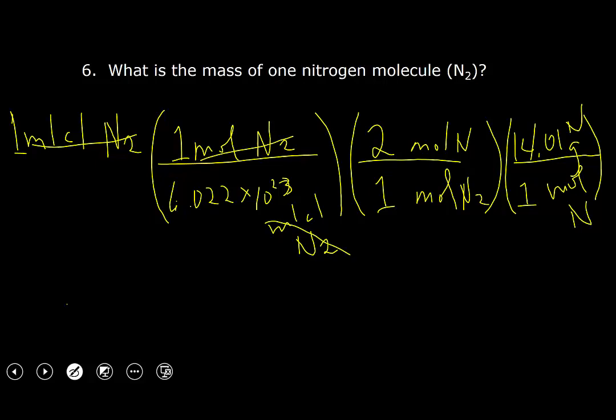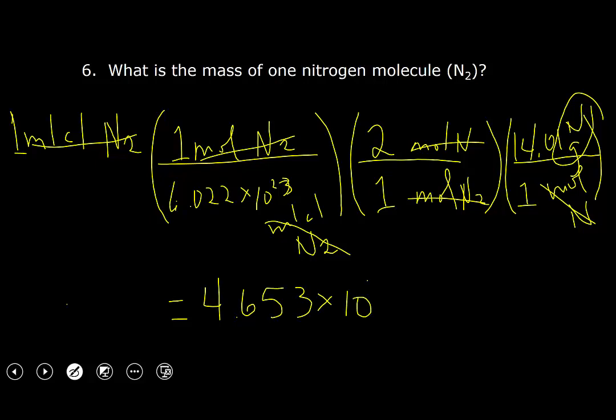Moles of N2 on top, moles of N2 on bottom, they cancel. Moles of N on top, moles of N on bottom, so they cancel. We're left with grams of N. So 1 divided by 6.022 times 10 to the 23rd times 2 times 14.01 will still give you 4.653 times 10 to the minus 23